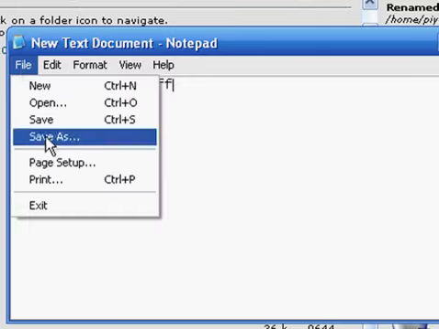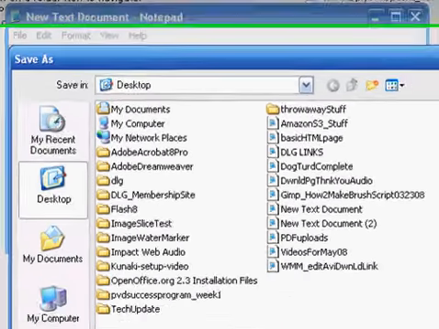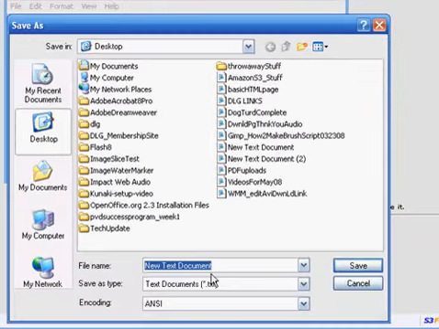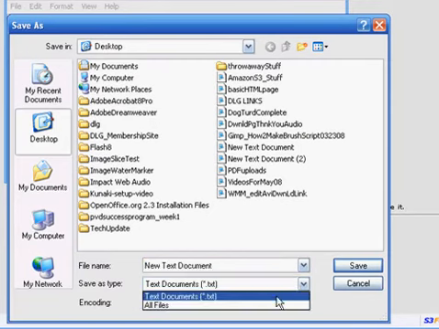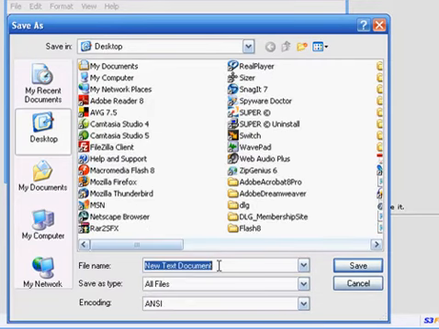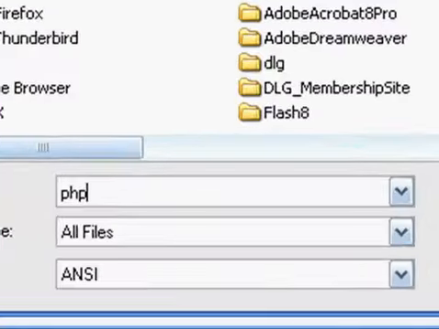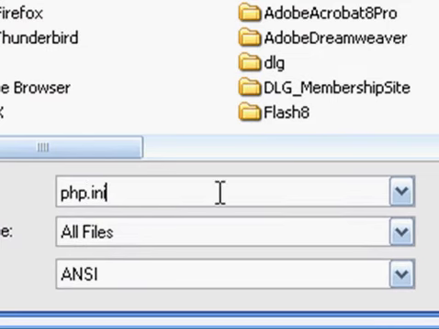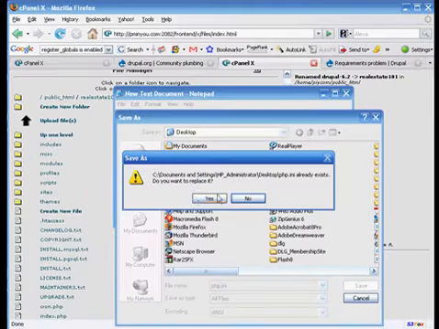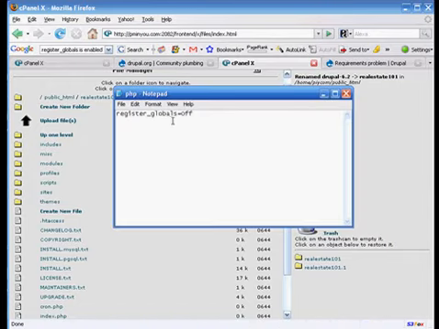Then we want to save this as, and if you use Notepad, one thing you've got to make sure of down here in the Save As box is to save as all files, because we want to name this php.ini. If you don't have this set to all files, it will automatically toss in a .txt at the end, and that's not going to help us at all. So then just click on Save. And yeah, I've already done this, so I want to replace it. Sure, why not? Okay, so now then,